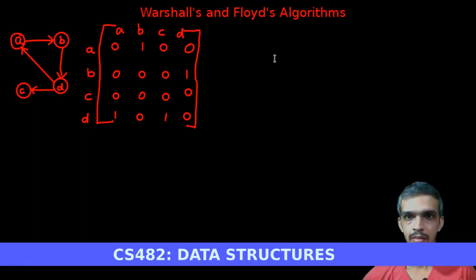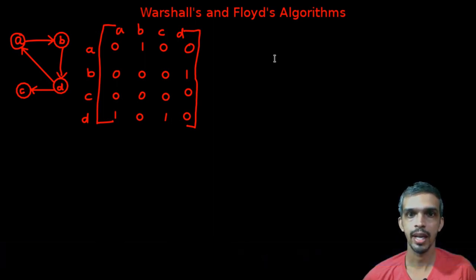In this lecture, we look at two algorithms: Warshall's algorithm for computing the transitive closure of a directed graph and Floyd's algorithm for the all pairs shortest path problem. First, we will see Warshall's algorithm. Consider matrix representation of a graph. It is given in the screen. In that, presence of an edge is represented by a 1 and absence of it is represented by a 0.